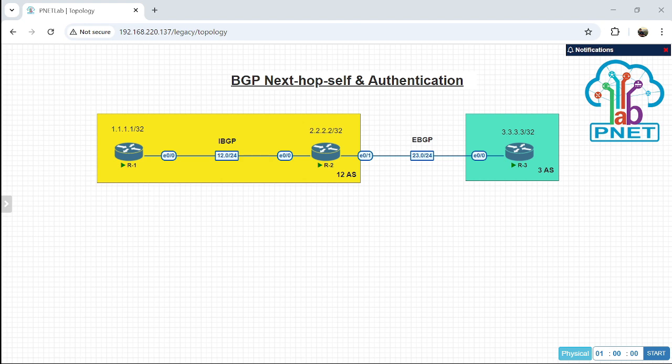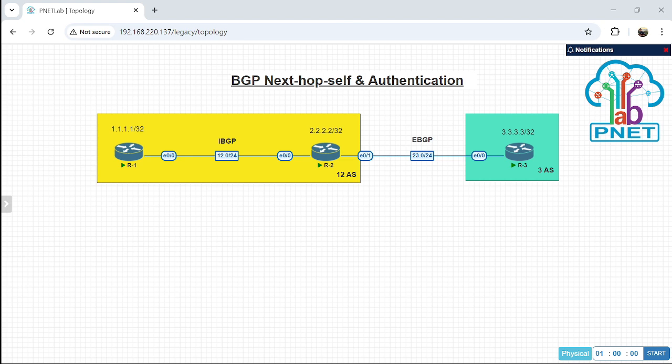So without using much time, I'm just going to directly configure it in this topology in this lab. I will try to make authentication between router 1 and router 2.